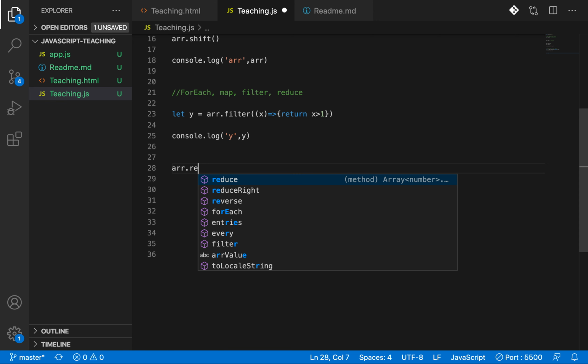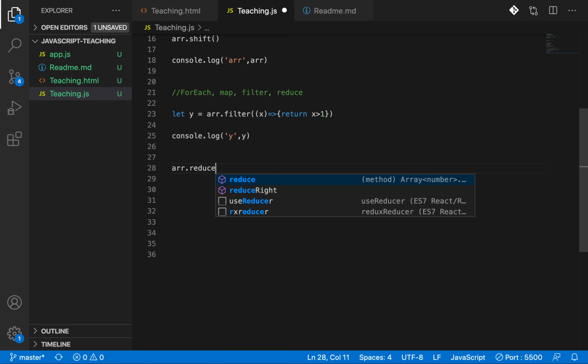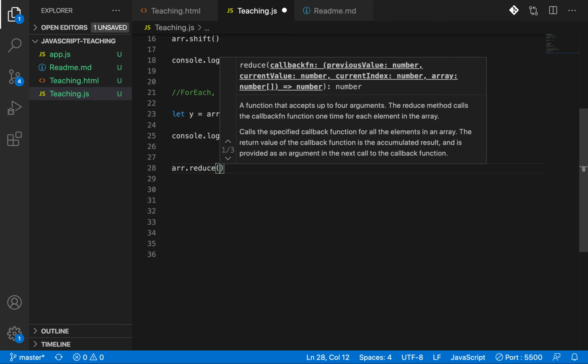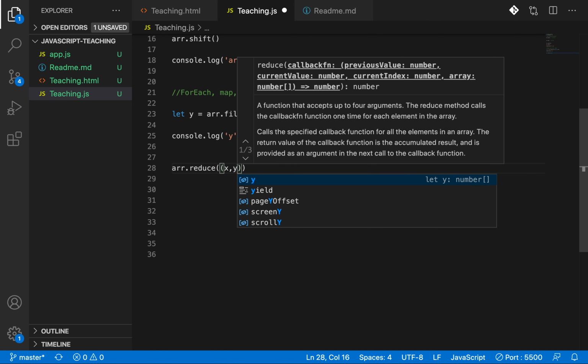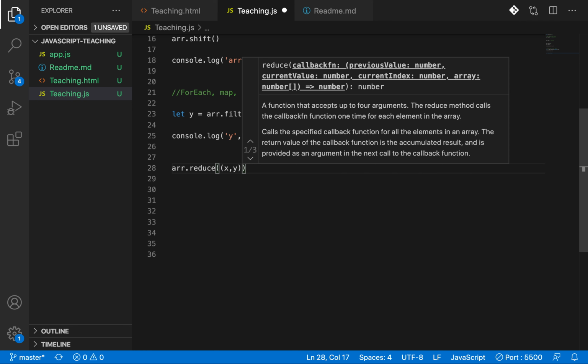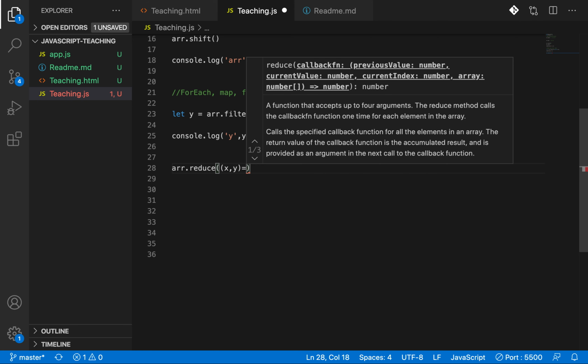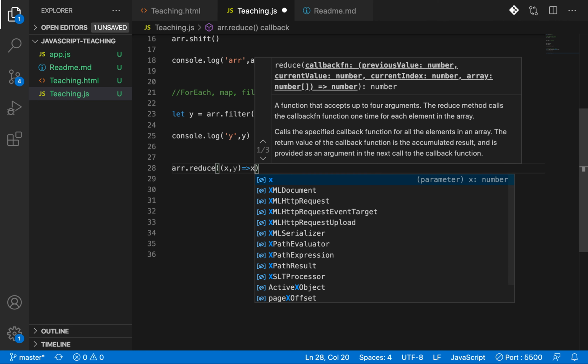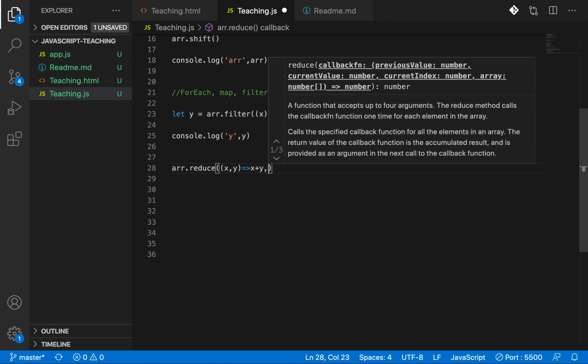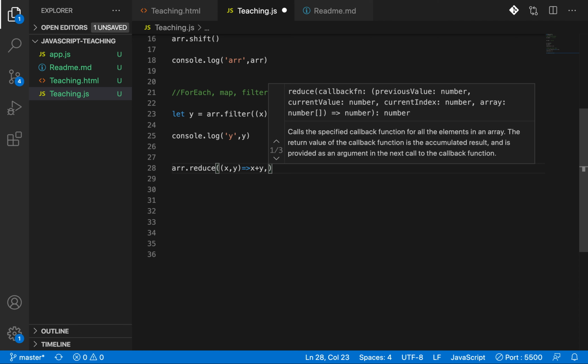Array.reduce takes two arguments. The first argument is a function, the second argument is a value. Let's say x comma y, x plus y, comma 1.